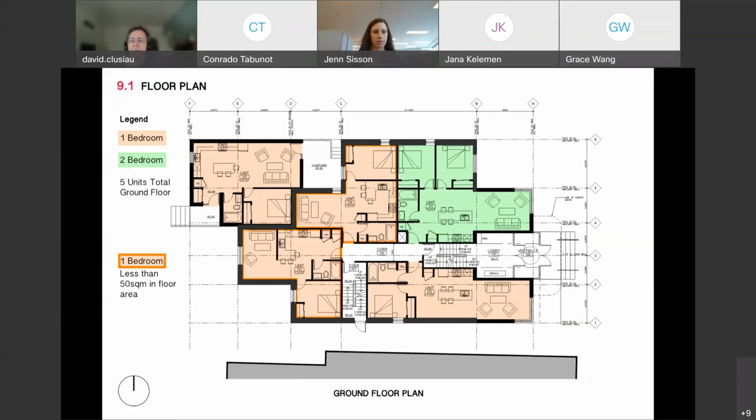It is just not possible to do because the way the existing building is, it's half a floor up, half a floor down, and it's way too much level difference to actually create an accessible unit, and it is not required. Okay, thanks, Grace. That's all my questions.